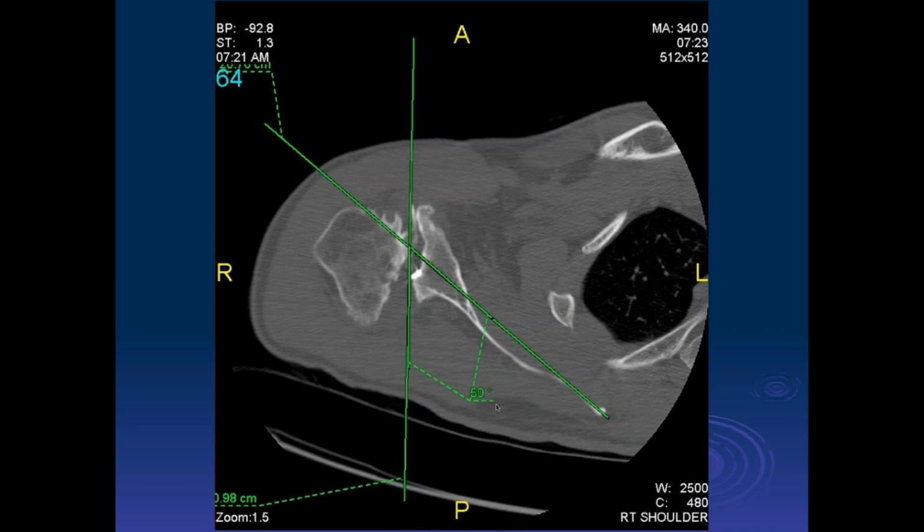That is a relatively minor amount of holding the head in a socket. That's what Campbell's describes, but actually